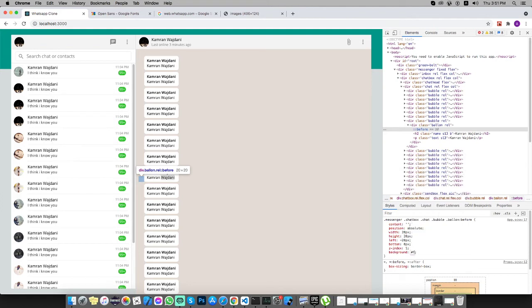and background to white. I guess we should reduce the height to 15, and left should be 10, bottom should be 4, I guess, and for border radius we will use 100% or 20 pixels actually. So let's quickly copy